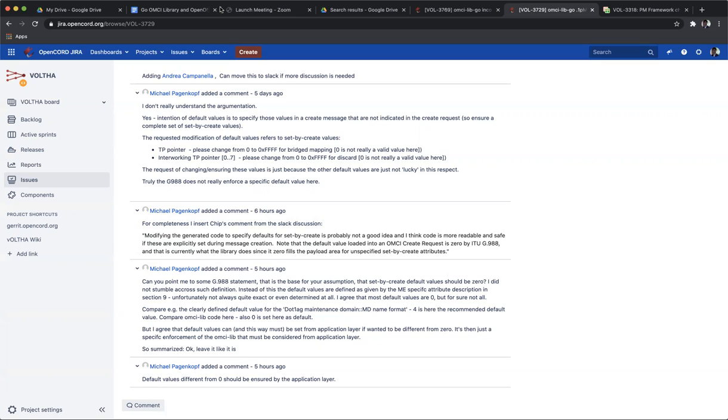So I accepted his comment, and it's just a formal issue that you have to know that the OMCI lib always sets the set by create values to 0. And if you want to have some other values, then you have to take care of that on your own in the application layer. So if that is known and agreed, then it's fine for me, and we can leave it as it is.